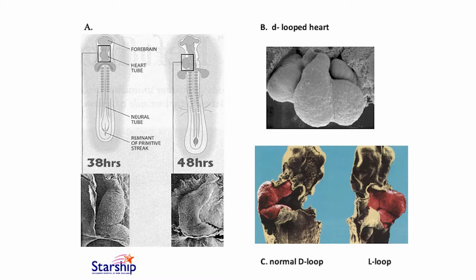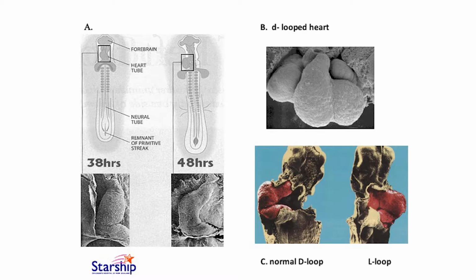So the cardiac tube grows at a greater longitudinal rate than the rest of the embryo, causing it to fold. As it does this, the cardiac tube is pushed forward and to the right, known as D-looping. Picture, you can see that this grows really fast, telling you the difference in a couple of days, 10 hours, beg your pardon. This picture here is showing you a D-looped heart with the cardiac tube looping to the right